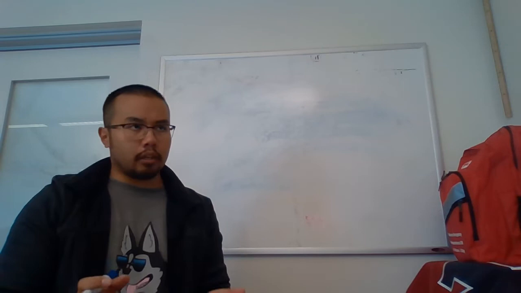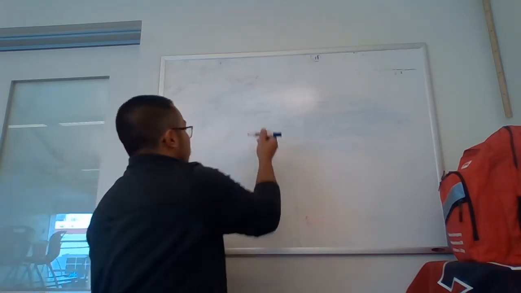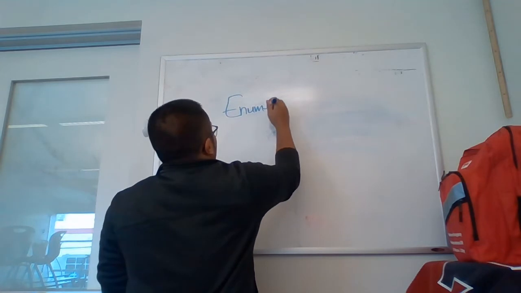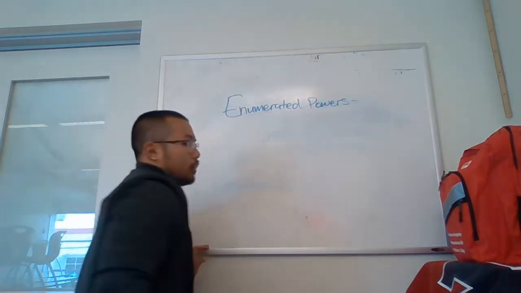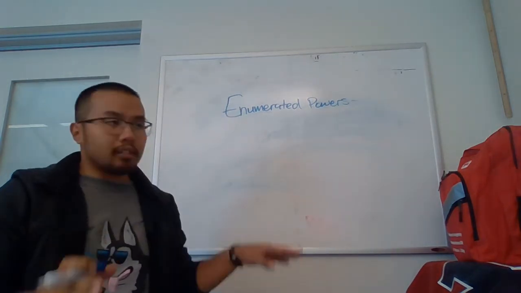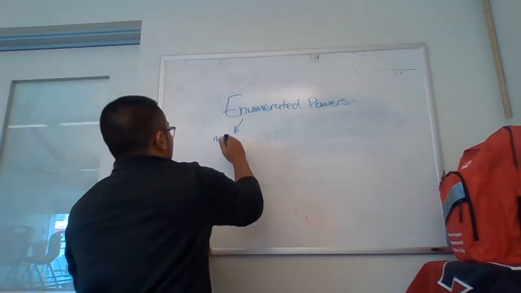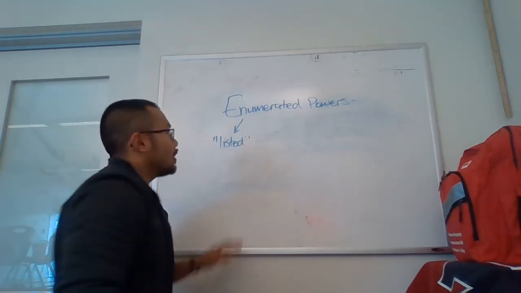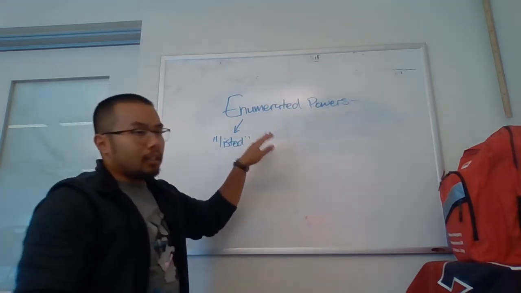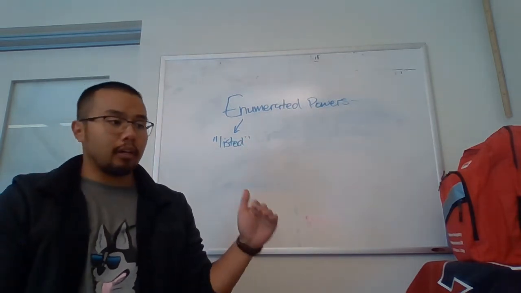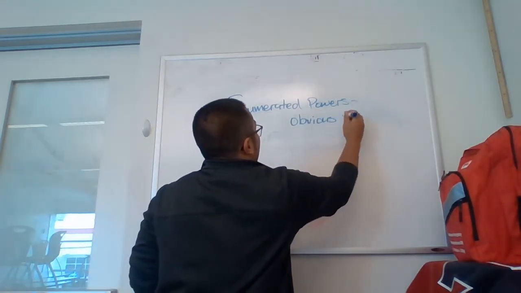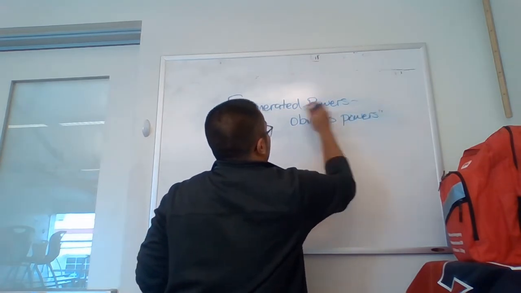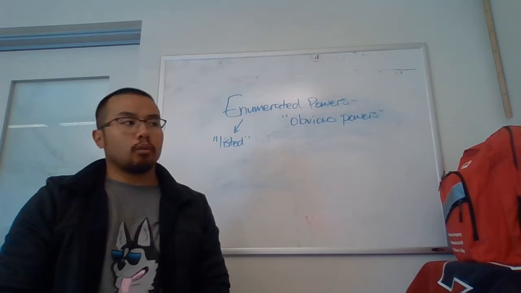In your term list, they call them delegated powers, but in almost everywhere else that you will see it, including your AP test, they will be known as enumerated powers. Okay. Enumerated translates directly to listed, right? Listed powers, if you break it down. What these are, if you think of things that are on a list, right, that you can clearly see them. These you can think of them as obvious powers, okay? The ones clearly stated